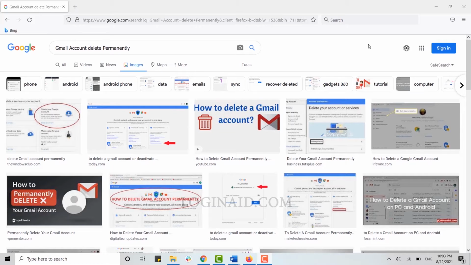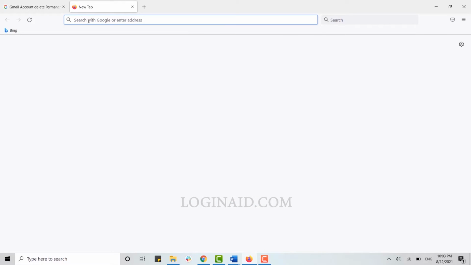Today for this episode of Logging It, I will be showing you how you can delete your Gmail account permanently. So open a browser on your PC, then open a new tab and on the search bar type in